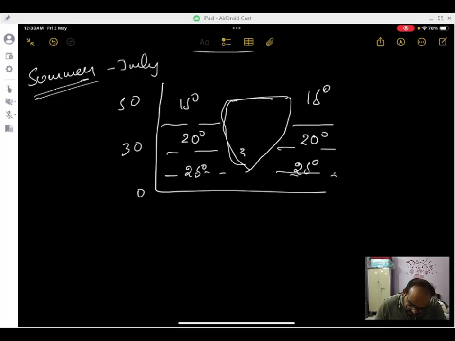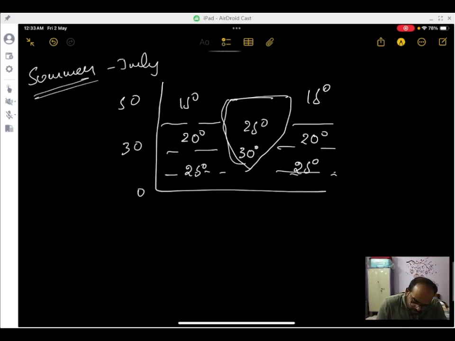So they have more temperature compared to oceans. Let's say it is 30 here. And as we move from lower latitude to higher latitude, temperature reduces. So it is 25 here and 20 here. So how the question would be: what is the direction of the isotherm in the northern hemisphere during summer conditions if we draw from sea to continent? So if we have to join places of equal temperature,